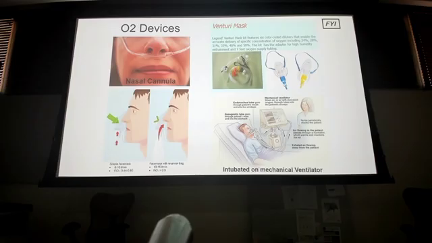Over here is that Venturi mask that I was talking about. So these little pieces, plug and play. If you read the side of them, it'll say 24%, 28, 31. Inpatient, these are a lot more common because we're getting now more precise. A pediatric patient or a COPD, we're at risk of knocking out our hypoxic drive, so we're trying to walk that fine line. That's where the Venturi mask comes into effect when I'm trying to get precise.